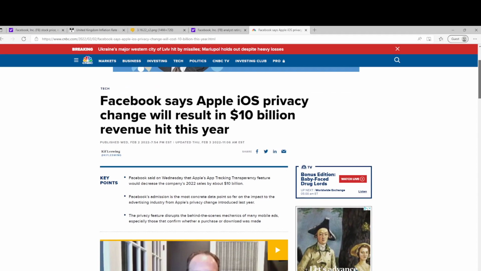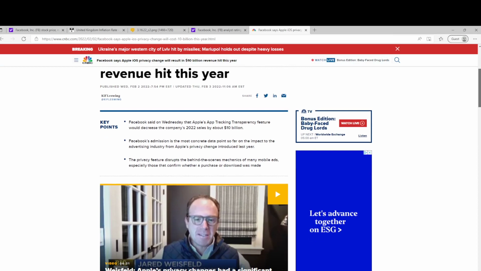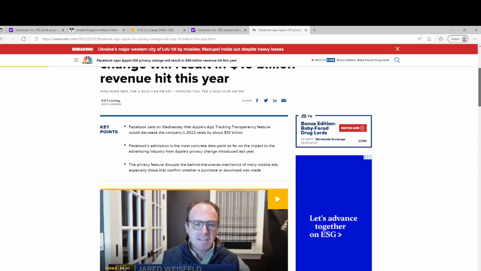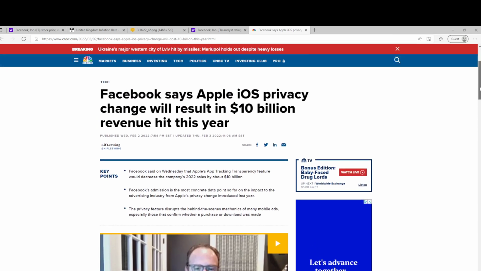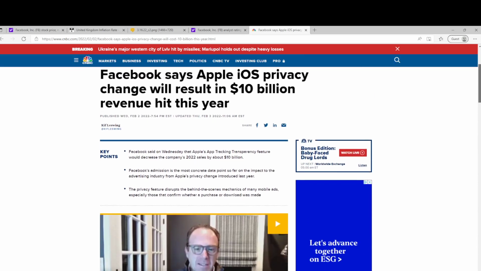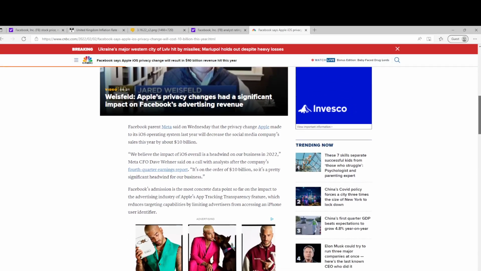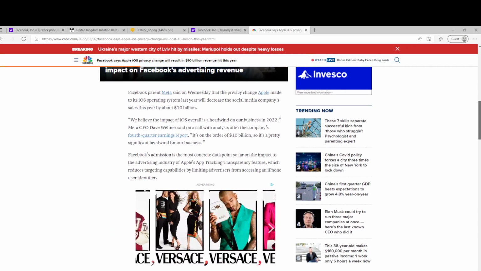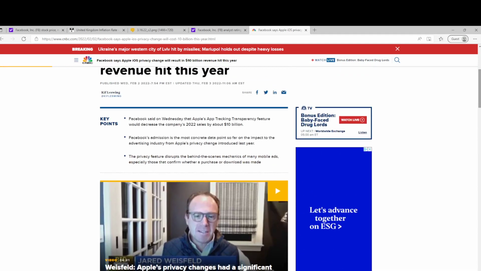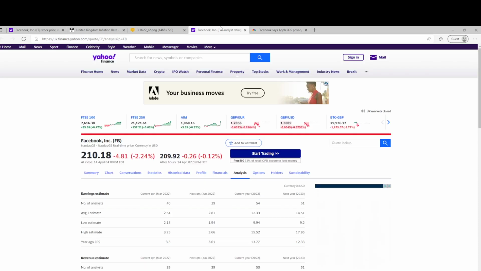So Apple is not very happy with Facebook having quite a wide reach on people's phones and data, and they've introduced some transparency restrictions or tracking restrictions. So Facebook now aren't able to track people quite as much on their phones, and the revenue advertising potential has come down. So this caused a drop. They're saying it would result in a 10 billion revenue hit this year, and people take